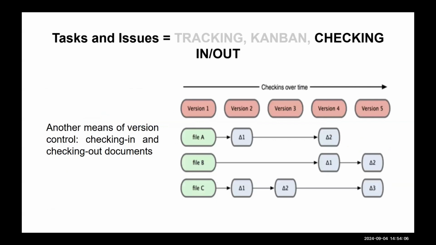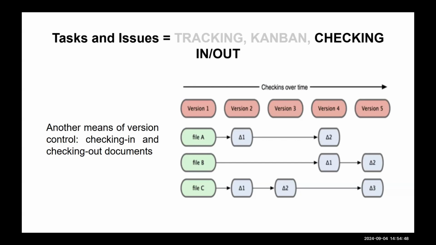And there are other types of version control. So we're stressing GitHub in this class. There's also checking in and checking out documents, which I think technically you can do with GitHub, but sometimes if you're working with Word docs or something, this is useful. So a lot of times you'll encounter version control systems where you have a document, like a Word document, and it'll require you to check it out so you can make edits, and then check it in. So the idea there is that you can have unique contributions to a Word file, and no one else has access to it to overwrite it.